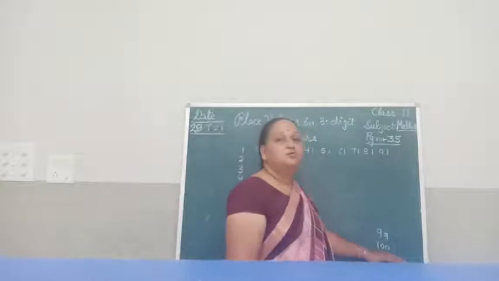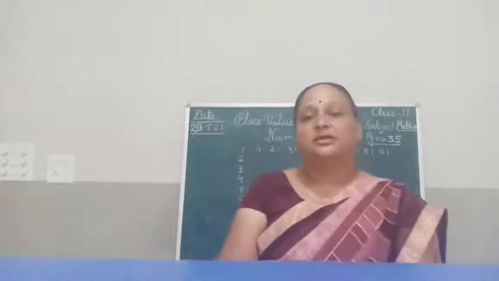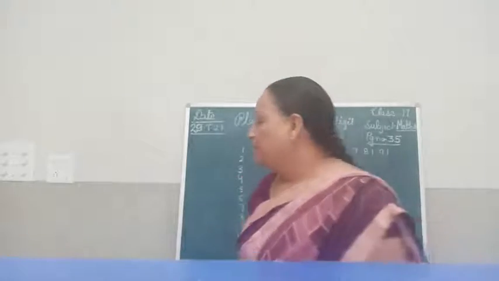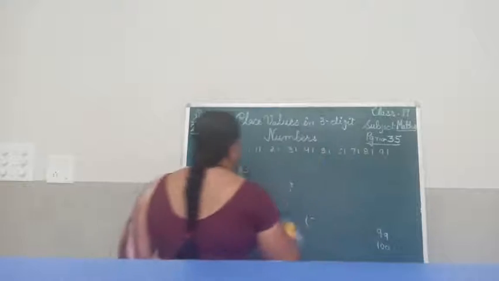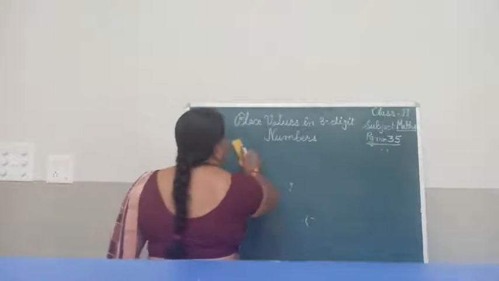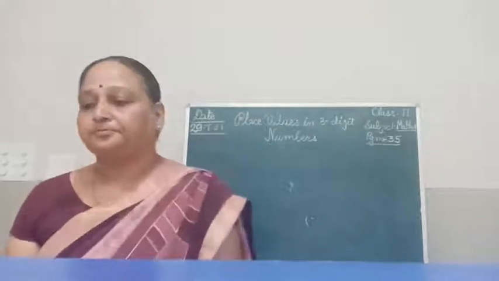That's why the smallest 3-digit number is 100 and the largest 3-digit number is 999. Afterwards, the number changes to 1000. 1000 is the 4-digit number. Now you may understand what the 1-digit, single-digit, 2-digit or 3-digit numbers are. Here is just an introduction of 1, 2 and 3-digit numbers.